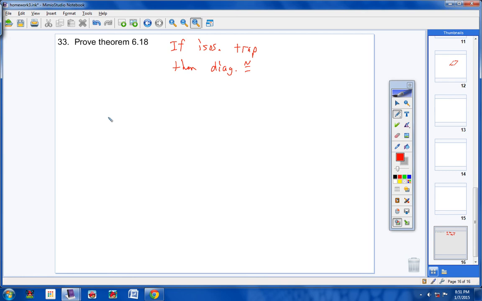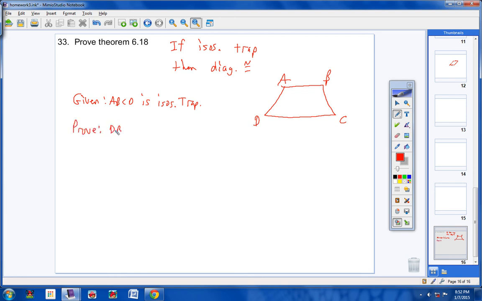So here we go. Your if part is your given. So you are given ABCD is a what? Isosceles trapezoid. I'll draw it right over here for you. There we go. ABCD. Alright, then we're going to prove that DB is congruent